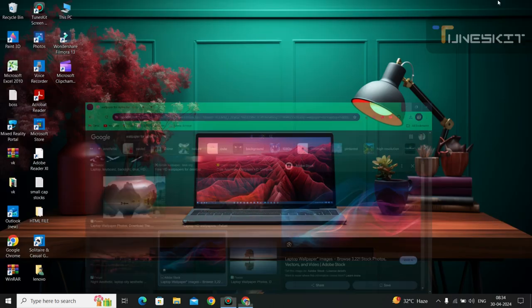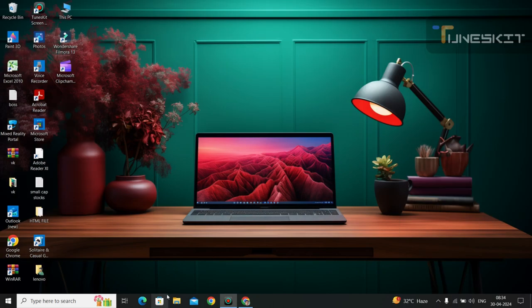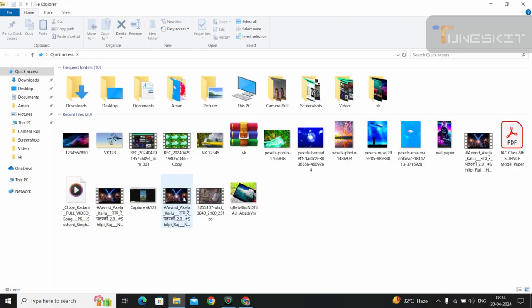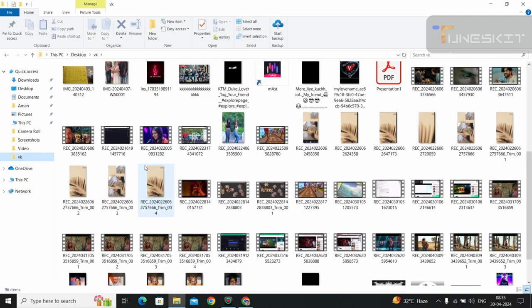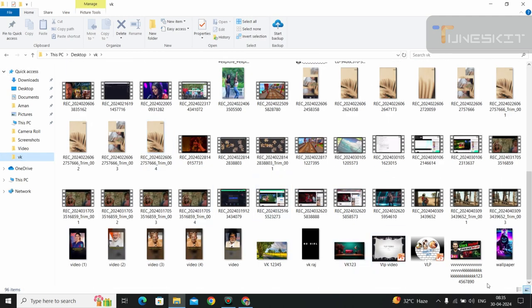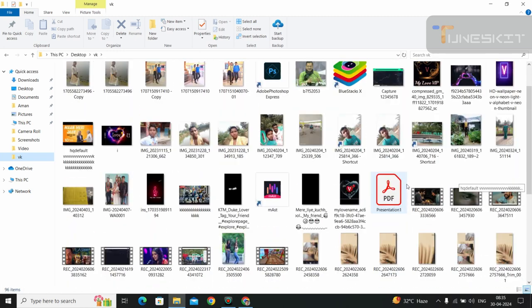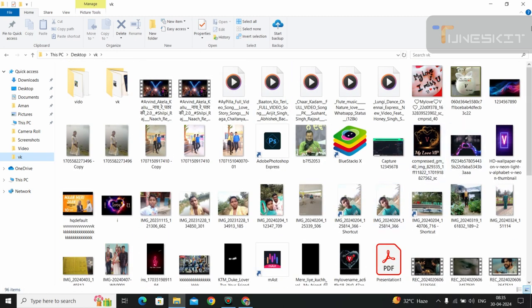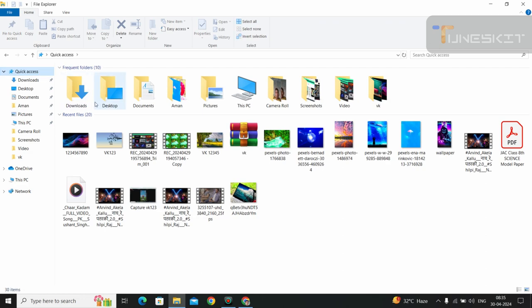Now you have to come here and search for that picture you downloaded from Chrome. Automatically it will come here. You have to open the folder you saved it in, and it will appear. Here it has come, under the name I saved it with, or in Quick Access it will also show.